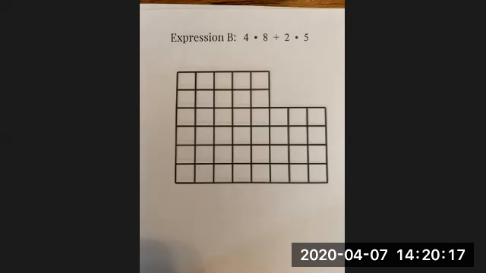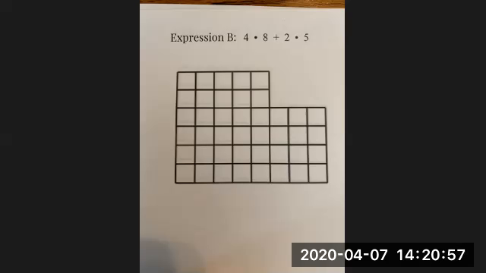For this assignment, you've been asked to use the picture to determine where the expression might be found inside the picture. And so I see that I have for expression B, I thought I would do this one with you. There are, I believe, 4 expressions, A, B, C, and D, and I thought I would do B with you. I see that I have 4 times 8 plus 2 times 5, and I'm wanting to find that expression inside